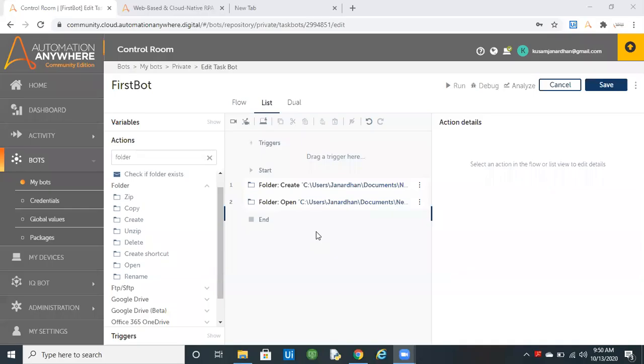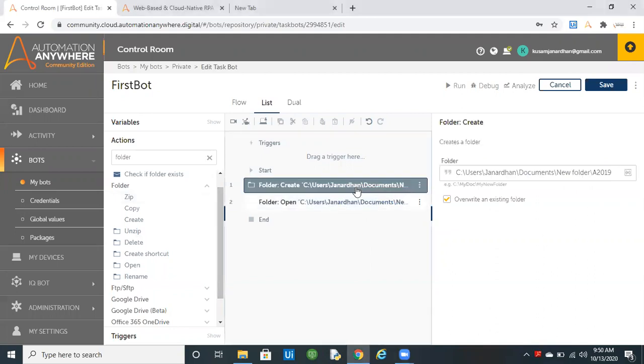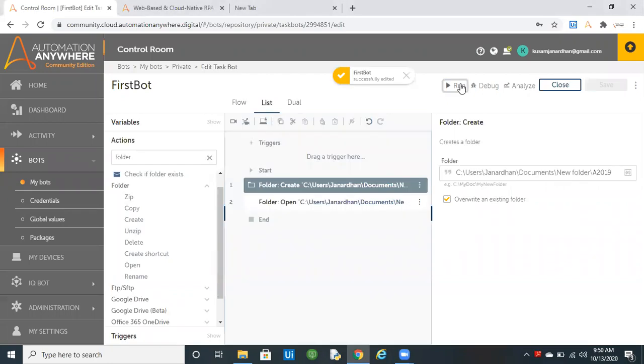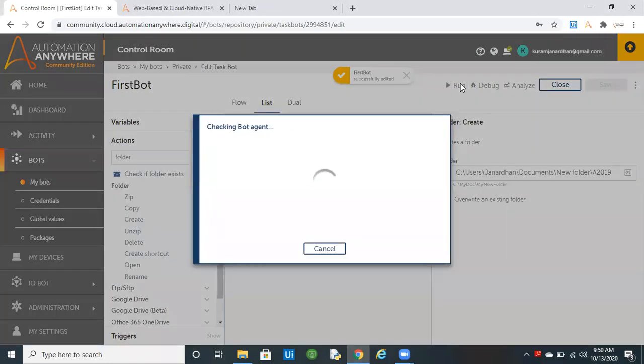Now let's discuss other features of the folder command. Let me quickly run this process and see. Now the bot will create a 2019 folder under New folder, and it will open the directory in Windows Explorer.